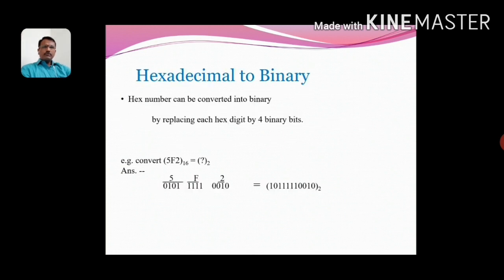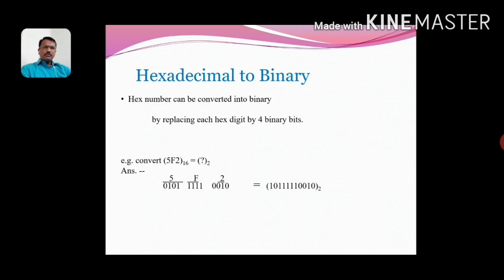Now how to convert in reverse, hexadecimal to binary? A hex number can be converted into binary by replacing each hex digit by 4 binary bits. For example, convert 5F2, this hex, into binary. So replace each hex digit by 4-bit binary.